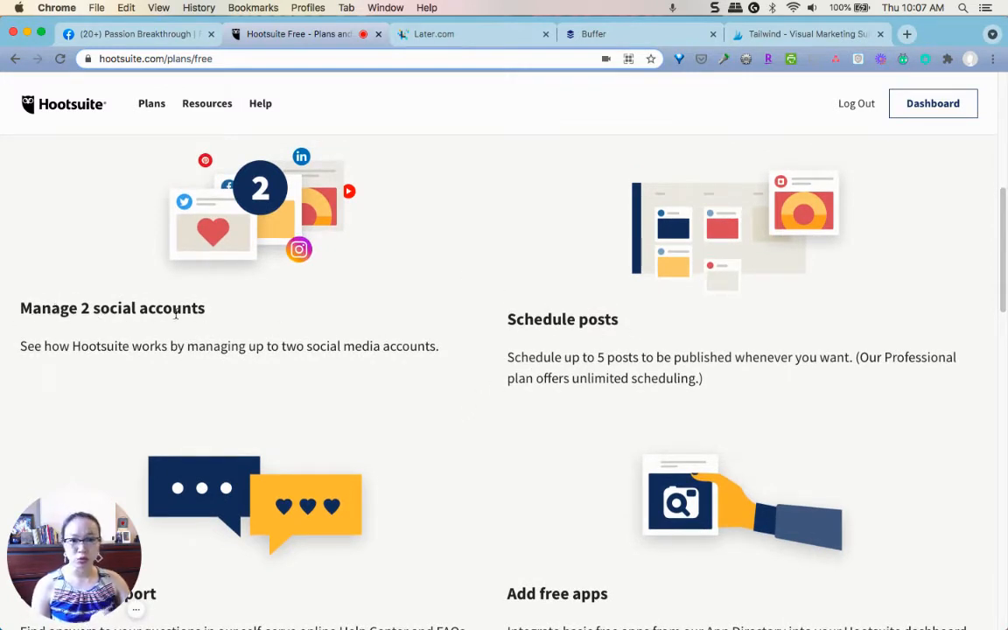You can manage up to 2 social accounts under their free plan, and you can schedule up to 5 posts, which is, I feel, limited, right? You can do this maybe if you're doing it weekly, scheduling and batching it on a weekly basis, that might be okay. But being limited to 2 social accounts and scheduling posts is a little bit too limiting, I think. The one thing that I do like about Hootsuite, though,